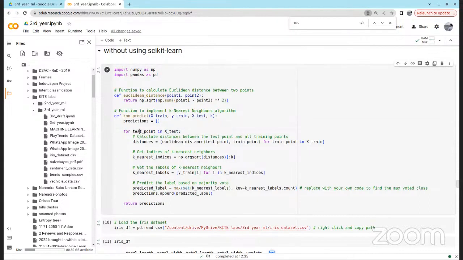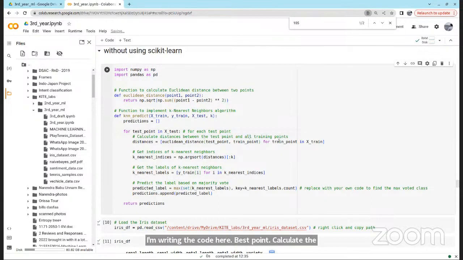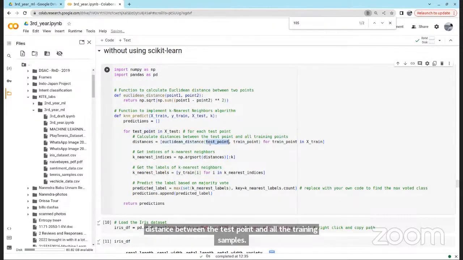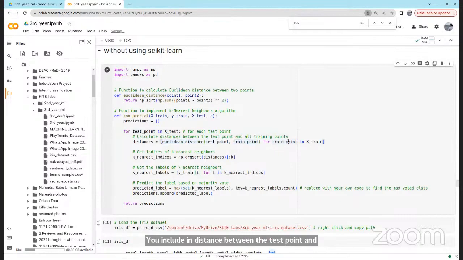For each test point, I'm writing the code here. For each test point, calculate the distance between the test point and all the training samples. Euclidean distance between the test point and train point for each train point in X train. And then you take the distance.